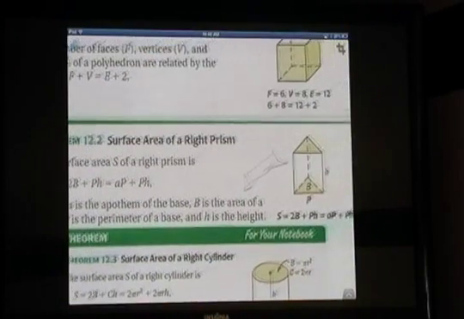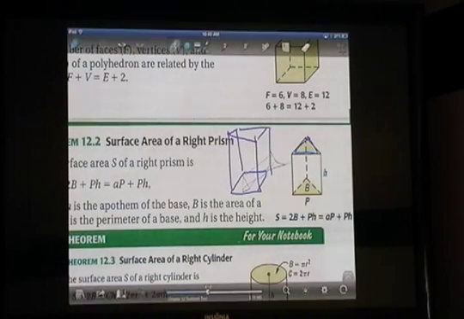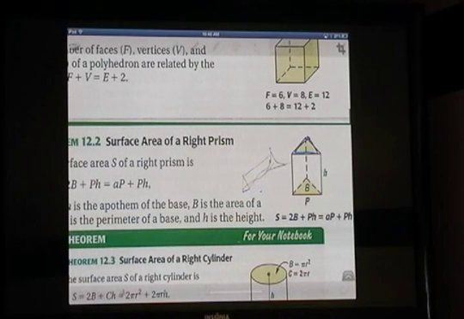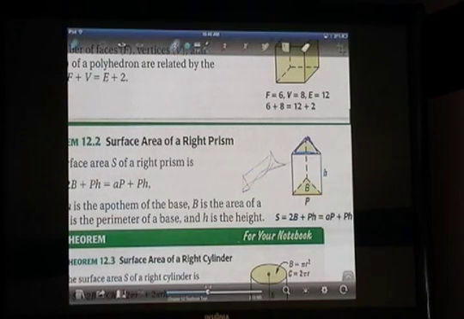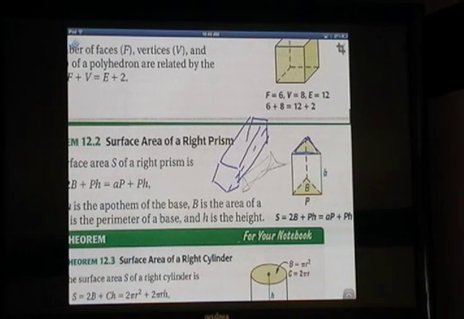Now they have pictured a prism that has a triangular base, but a prism could have just about any shape as long as it doesn't come to a point like a pyramid does. So that's what we're looking at. You could have one that has a pentagon for a base. It's not a very pretty pentagon, but you get the idea. Okay, so the formula